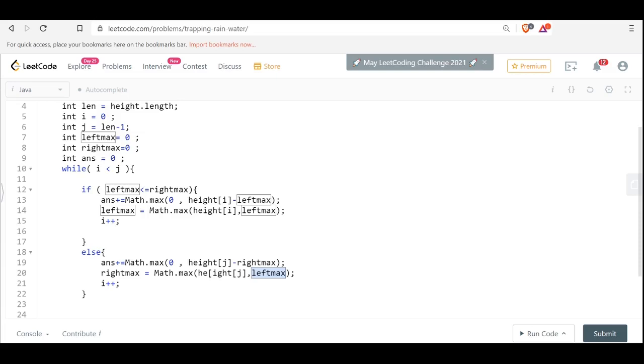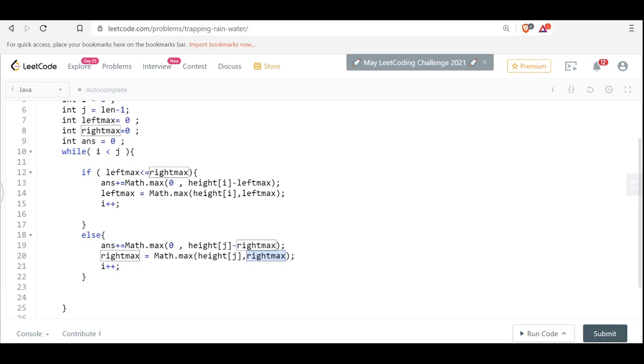Right max is equal to Math.max of right max and the height at j, and I'll move j.